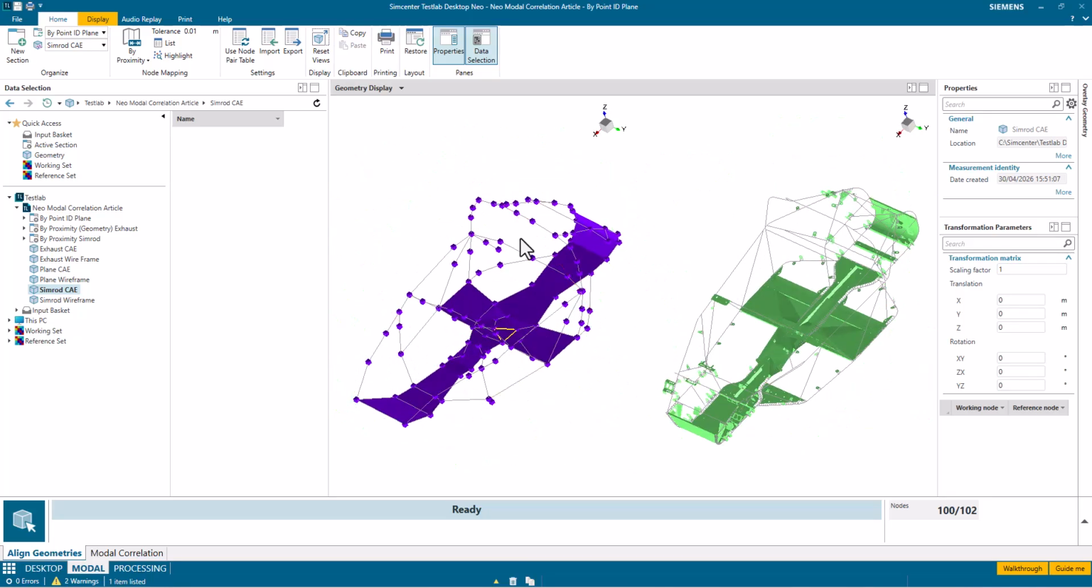Now automatically, based on my proximity tolerances, it's matched 100 out of 102 nodes. If I were to come down and switch this method to point ID, it drops to 0. Now we want them to map, so I'm going to come back to proximity. And if I played around with the tolerances, I'm sure I could probably get 102 out of 102 to match. So you can see the transformation matrix it's using is basically 0 because these are designed right on top